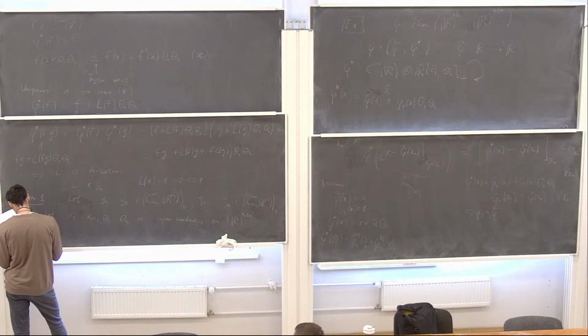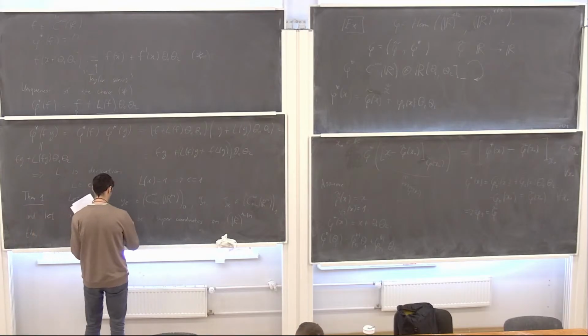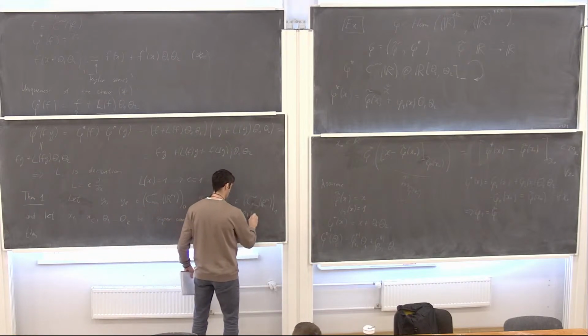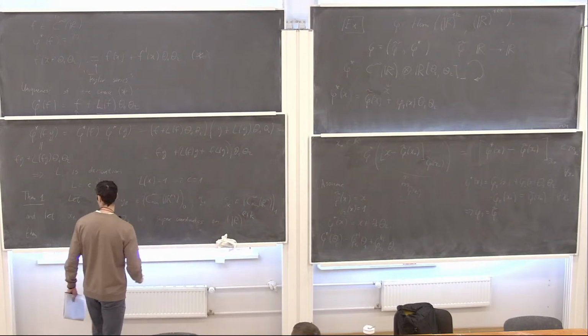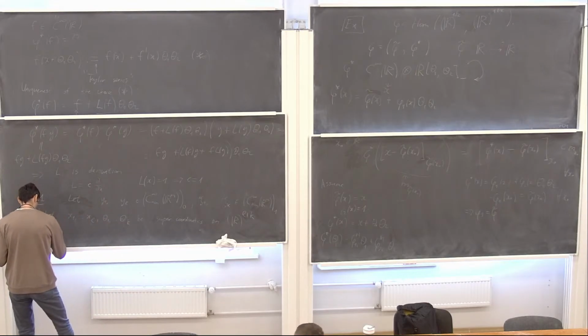Sorry, x and theta should be coordinates not on R^{m|n} but on R^{l|k}. So here l and k. Then there exists a unique